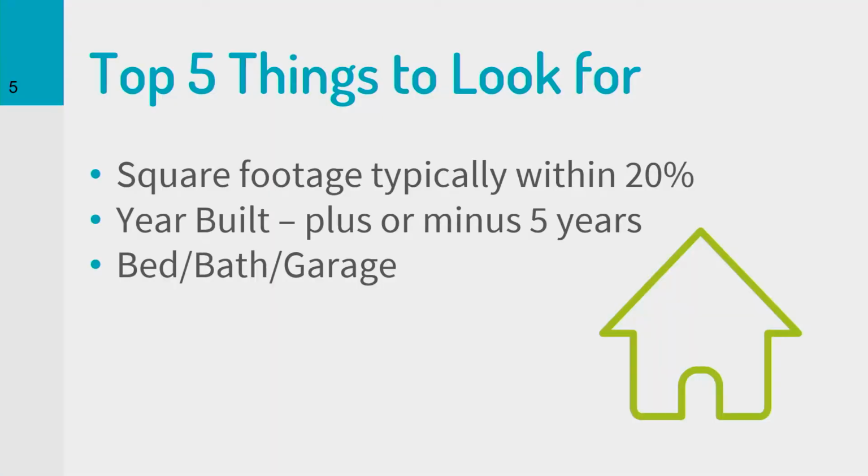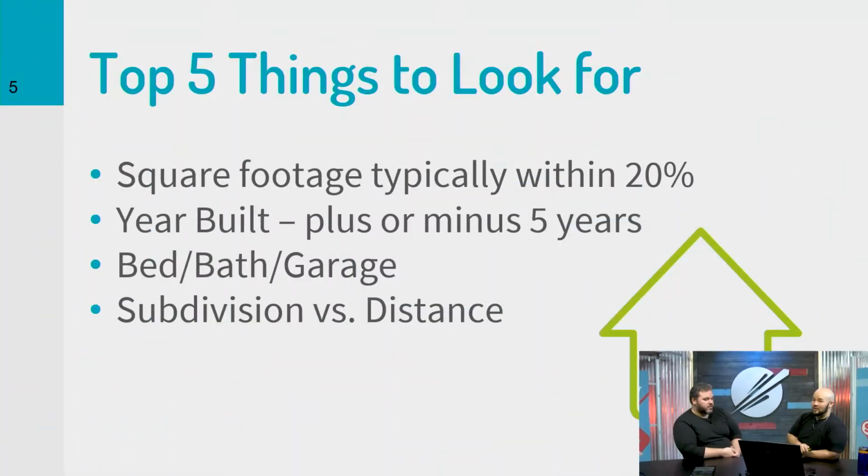Other things that you need to take into consideration are the beds, baths, and garage. Comp 3 to 3s, 322s to 322s. You might be able to squeeze a 422 out of it. You might be able to squeeze a 222 out of it, and that's all going to be based upon what the market is telling you. If the market is telling you that a 322 sells for just as much as a 422, well, then maybe they are comparable. Maybe you might need to make a slight adjustment between the two of them. But overall, try and find something that is as close to your subject property as possible as far as bed, bath, and garage configuration.